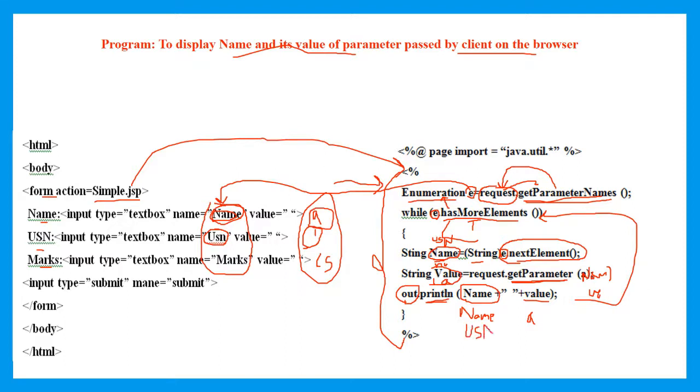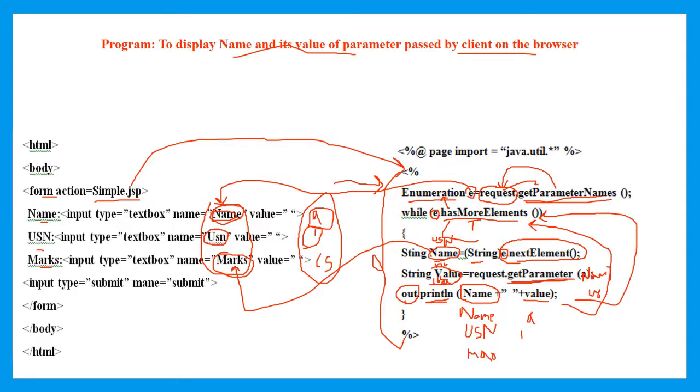Next, control will be moved to hasMoreElements. So it is pointing to the next input parameter field called marks. It is true. Again I need to retrieve the name of the field, that is marks. For that we use the method called nextElement. Now the name is holding the value called marks, and I want to retrieve the value available in the field marks, that is 65. For that we will make use of the getParameter method. Now the name is marks and its value is 65. Here the value I got is 65. Now I am printing the results, that is marks, because the name is holding this and its value is 65.